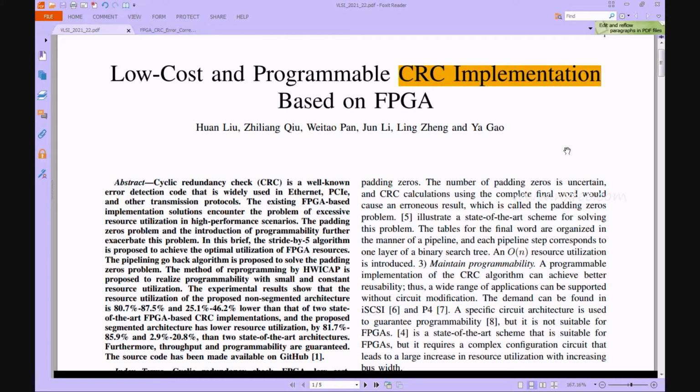Here we are discussing a project: low cost and programmable CRC implementation based on FPGA. The cyclic redundancy check is a well-known error detecting code that is commonly used in Ethernet, PCI and other transmission protocols. In the high performance environment of current FPGA based implementation, solutions encounter the problem of excessive resource utilization in